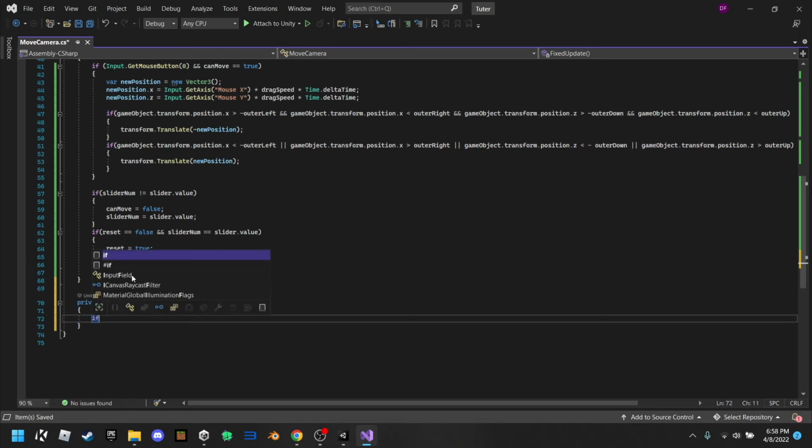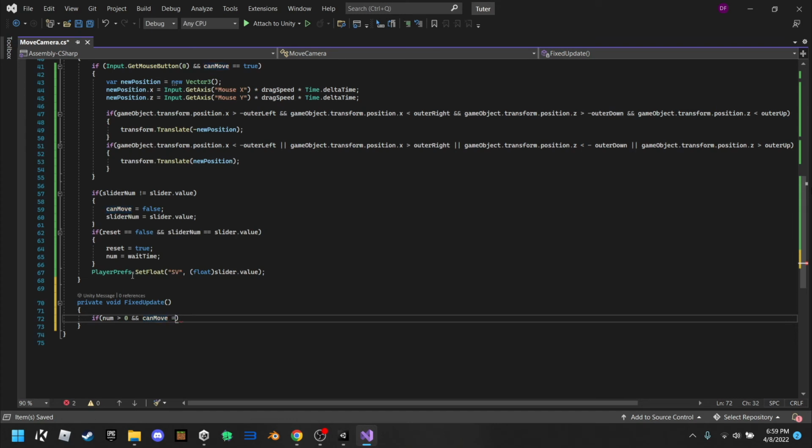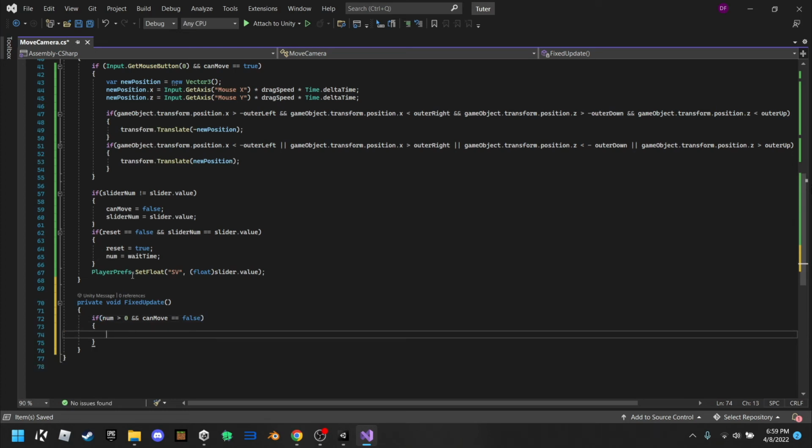So if num is greater than 0 and can move is equal to false, num minus equals